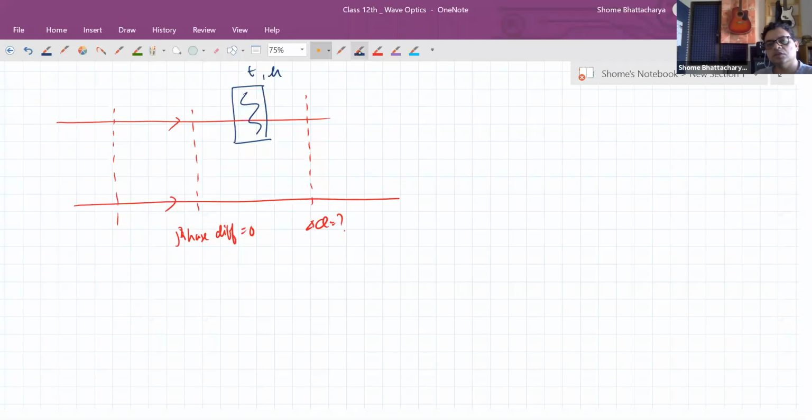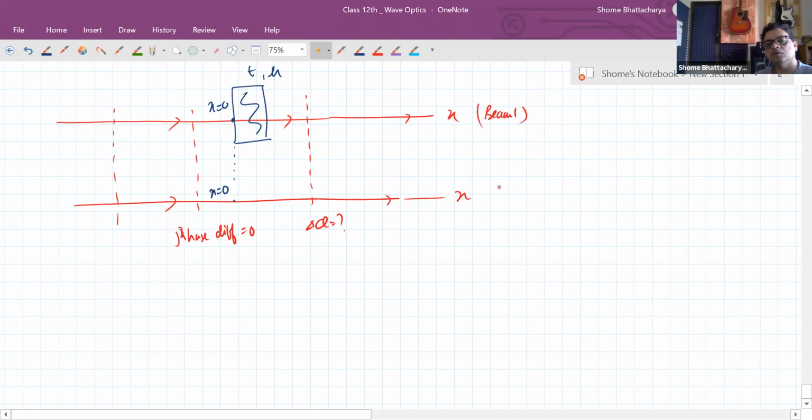Why? Because now see, if I denote this position as x equal to 0 and correspondingly this position at x equal to 0, and I take this as my x-axis, so for beam 1 and beam 2, this position correspondingly now becomes x equal to t, which is the thickness. Okay, so for beam 1,